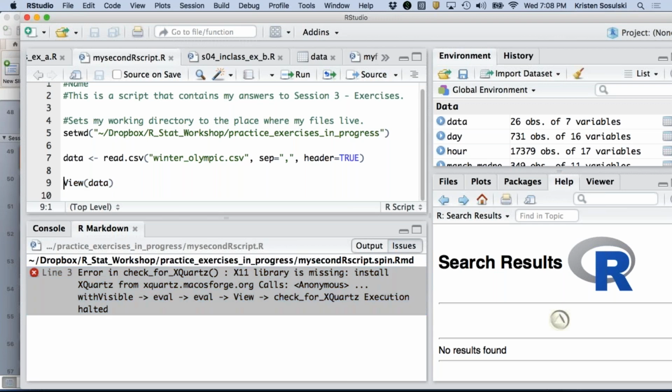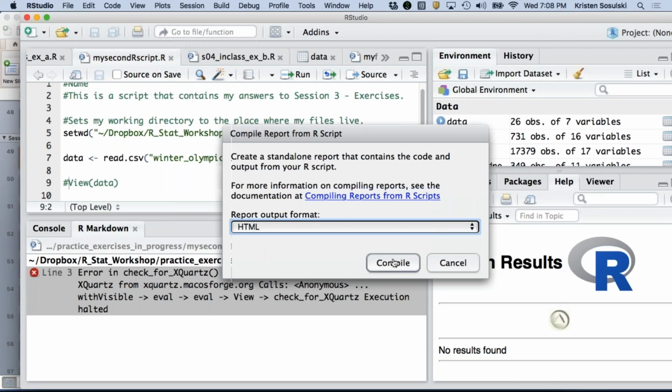That's because it's looking for something to launch this View data interface. So if I comment it out, by just putting a hashtag in front of it, and then try to compile the notebook again,